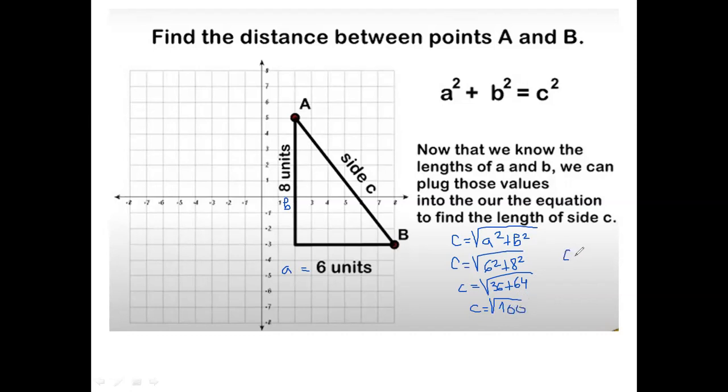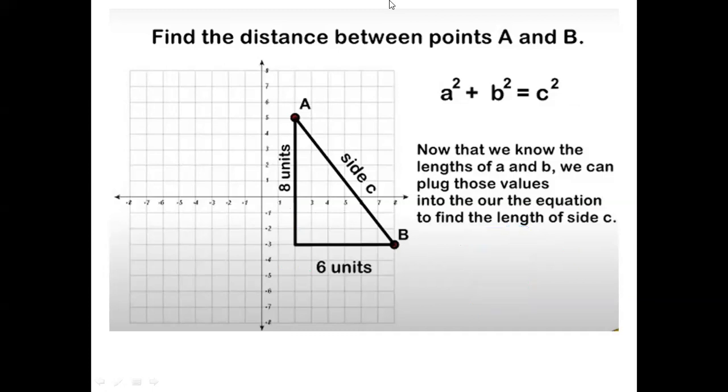That means that the length of the distance of the points A and B is 10 units. Okay? So I think this is clear. We're just using the formula given here, the Pythagorean theorem of the right triangle. The triangle is right, we see here the angle is 90 degrees. So we can use that formula for a right triangle.